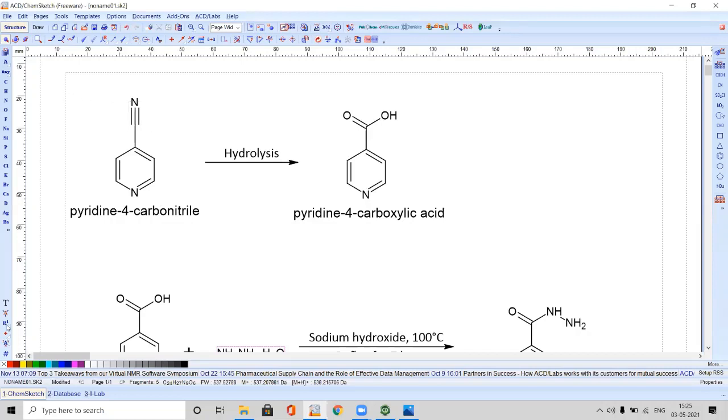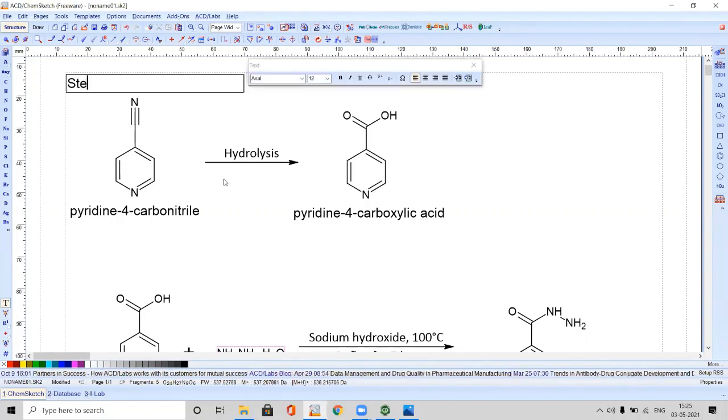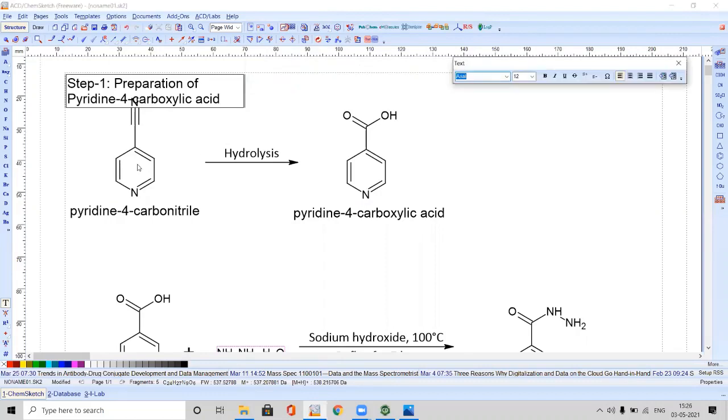In order to give titles, for that you need to click the text here. Click at the top. You can write step 1, preparation of pyridine 4 carboxylic acid. Drag this one, so we will get everything in a single line.